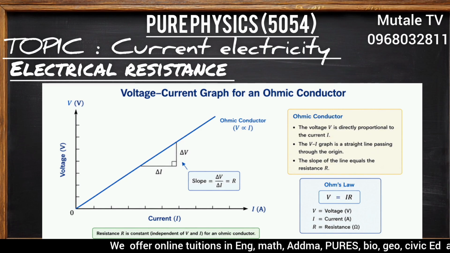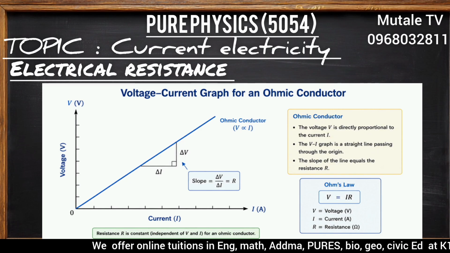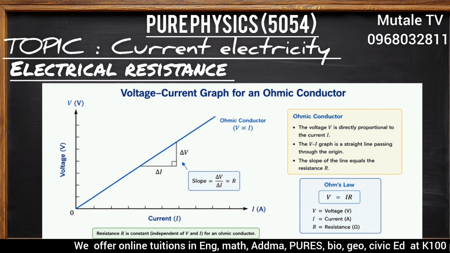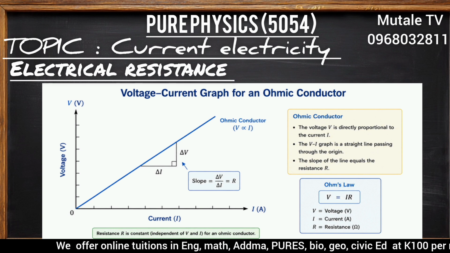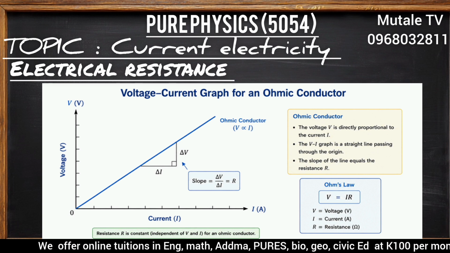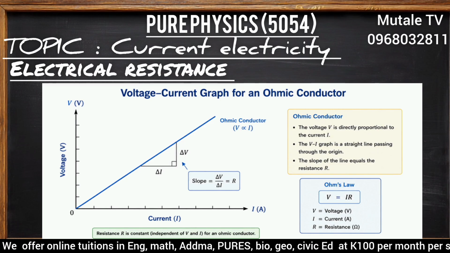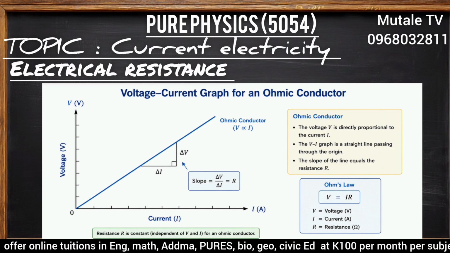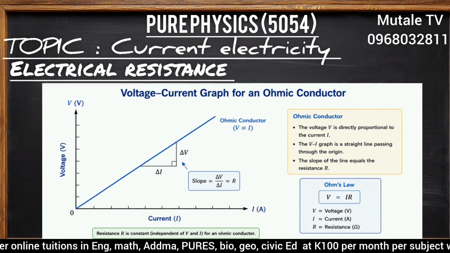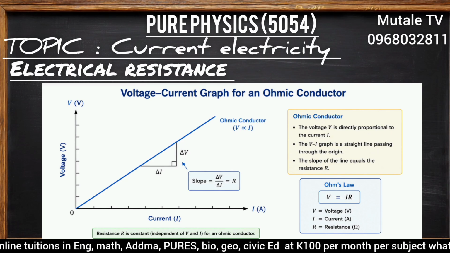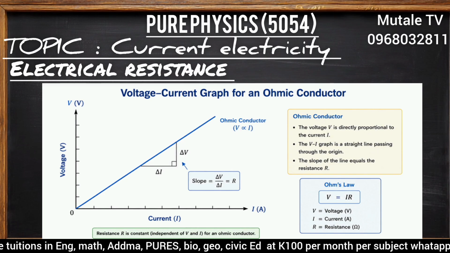The resistance. There are conditions that must be met for Ohm's law to be held. So the temperature of the conductor must remain constant, because an increase in temperature increases resistance. The conductor must not be under any mechanical strain, such as being stretched or bent, since the length of